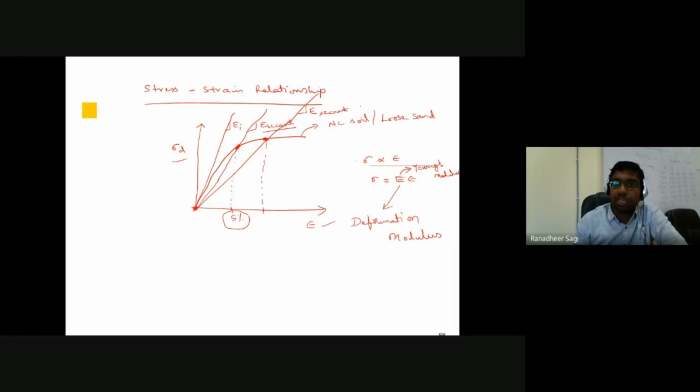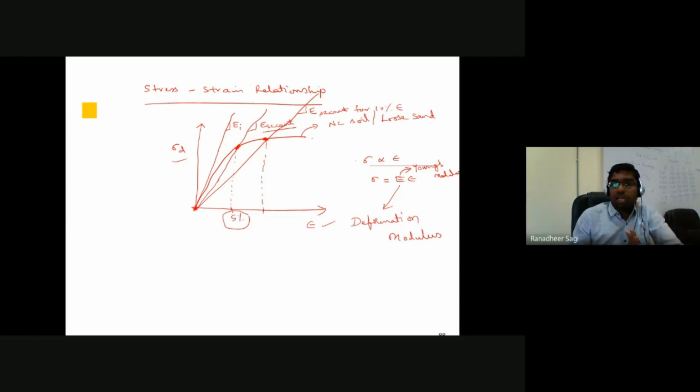But this secant modulus is for 10% strain. Earlier it was for 5% strain in the soil, the corresponding secant modulus value of the soil. So that's how we go on to determine the deformation modulus values of the soil, and the deformation modulus of the soil, that's the E value of the soil, is going to be higher in the case of